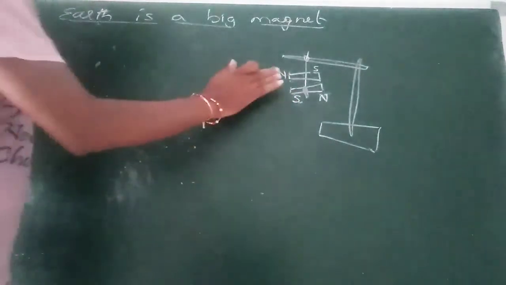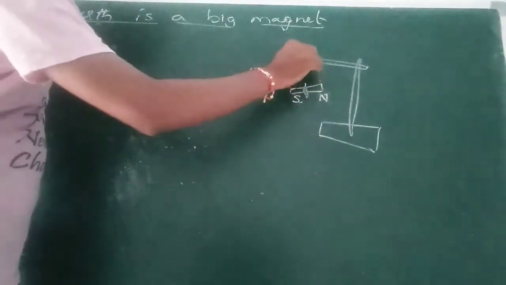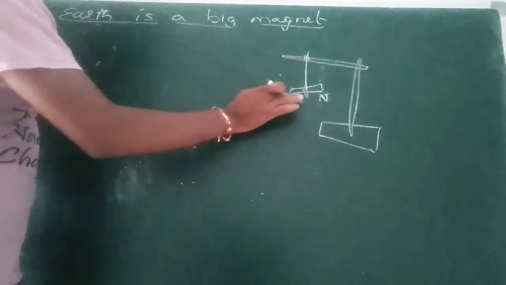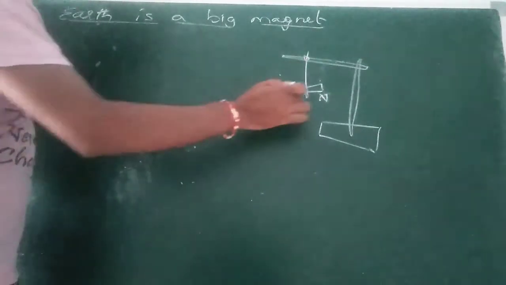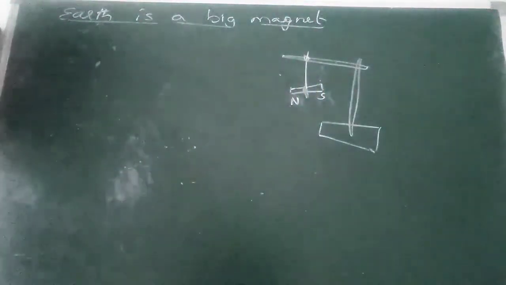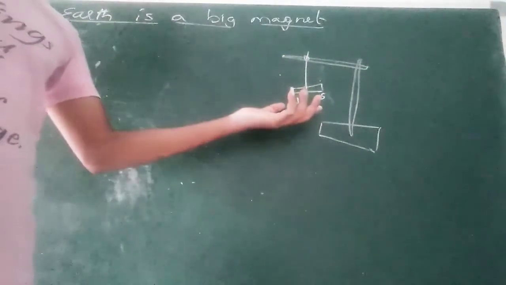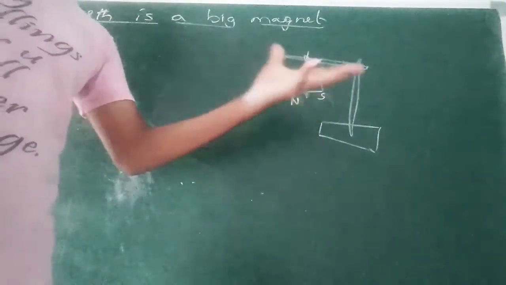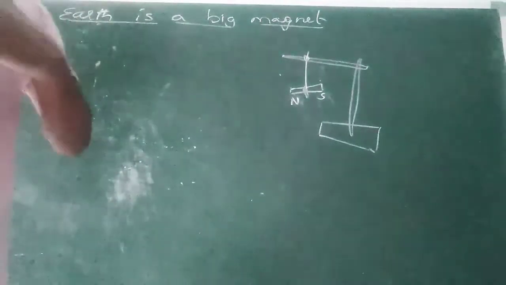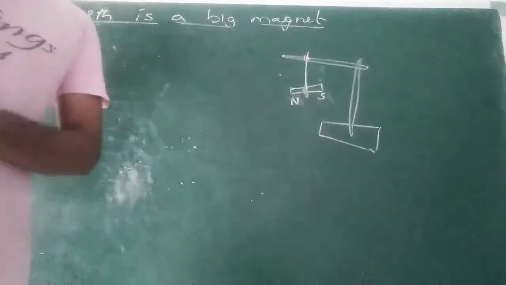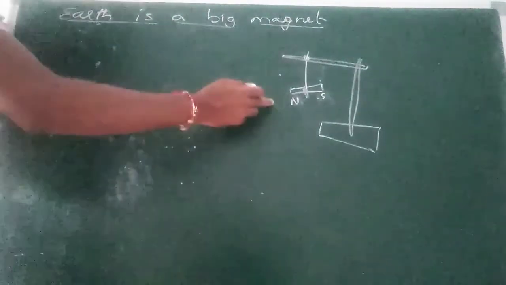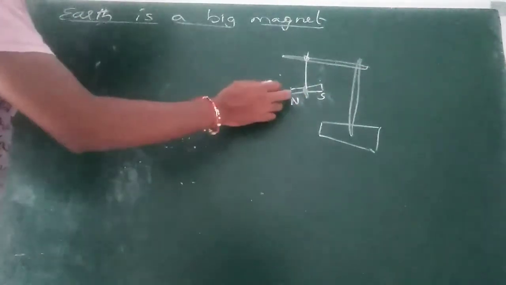If you remove that magnet, the freely suspended bar magnet changes its position again and comes back to its original north and south position. However many times we suspend it freely, it aligns in the same position. Why is it aligning in the same position? It means some amount of magnetic force acts on this magnet so that it comes to the rest position. Some magnetic force must act on these poles.